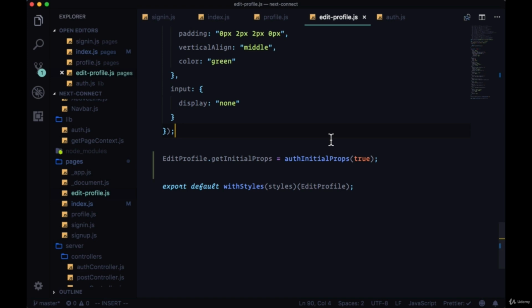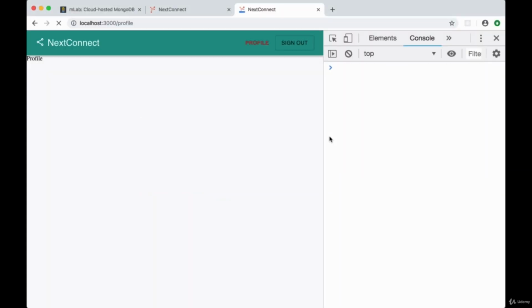So we'll save, and then in our app, we might need to refresh, but on the profile page, we should see our auth navigation. If we go back to home, it stays there, and if we manually go to edit profile, we see that it remains. Now let's just quickly implement sign out,